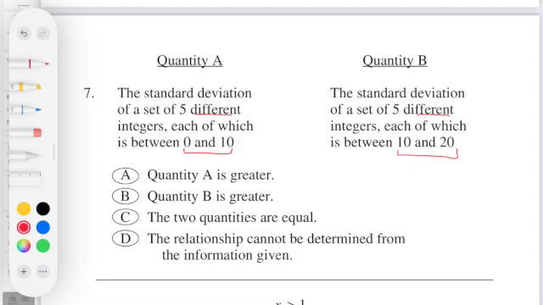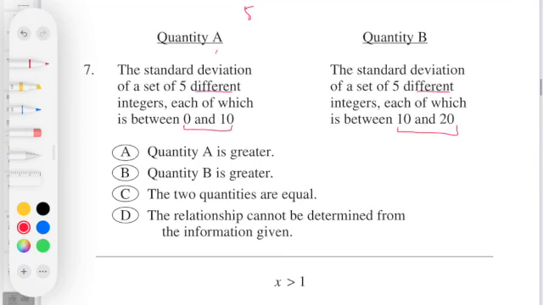So, there is a formula for standard deviation. I don't think we need that formula here, but we do need to remember, if for quantity A the average of the set is 5, I'm just making this up, but if the average equals 5, then the standard deviation is going to be, okay, let's look at the set. The set is 1, 2, 7, 8, 9. Okay, I know this one doesn't actually have an average of 5. I'm just making this up right now, but just to illustrate the point, to find the standard deviation, we would have to say how far is each number in the set from 5,